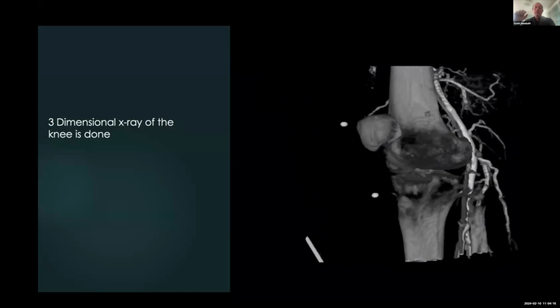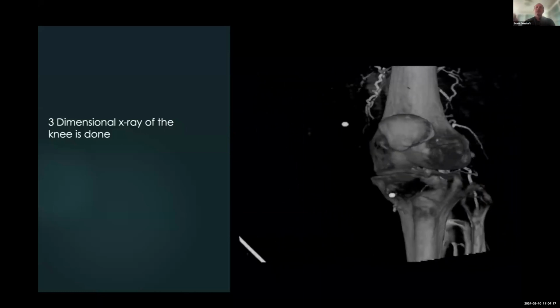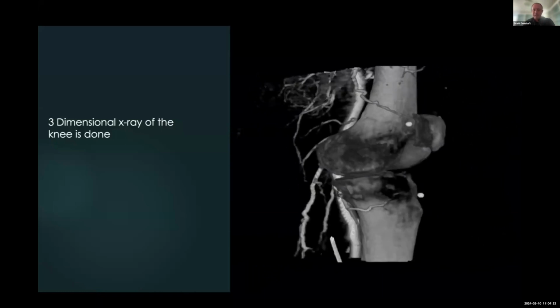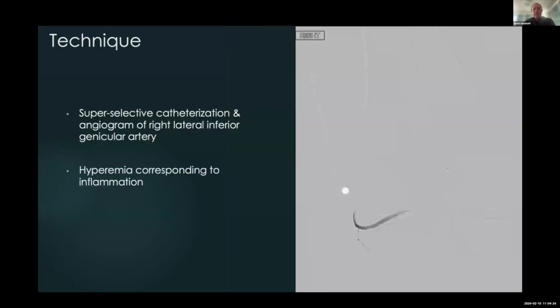And so we look for all the vessels that are going to that area. We don't necessarily treat every single genicular artery in every patient, but if it looks like it might be going to that area, we treat it. And then we take a microcatheter,